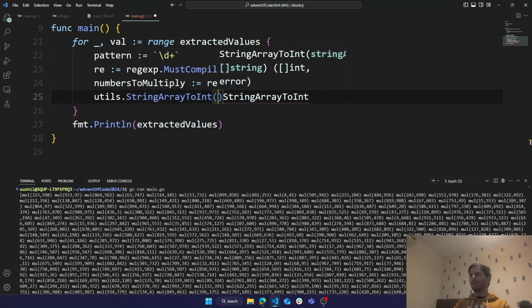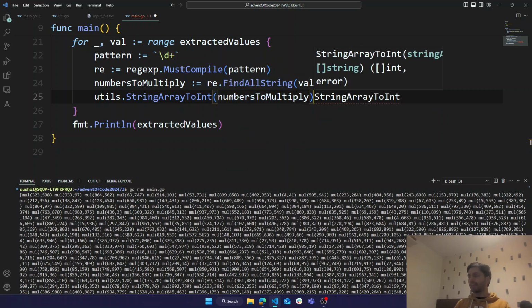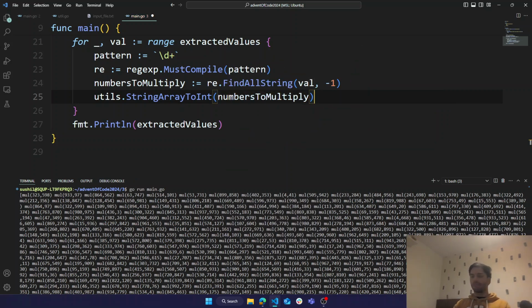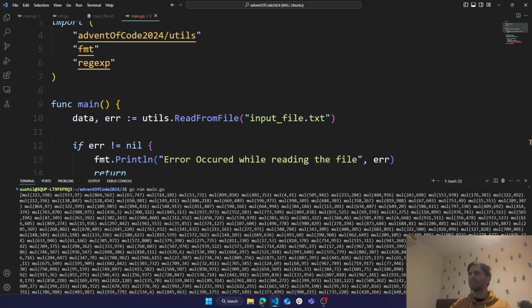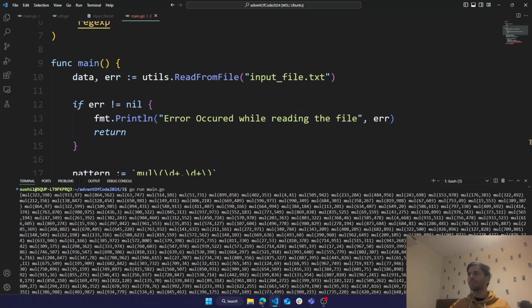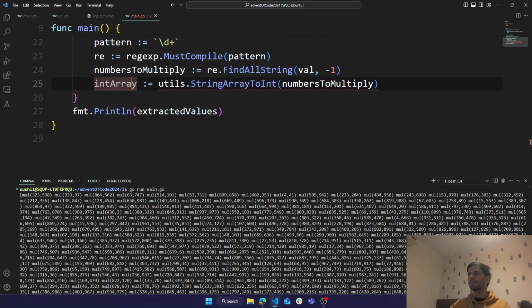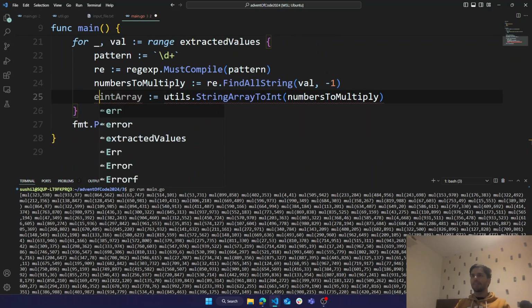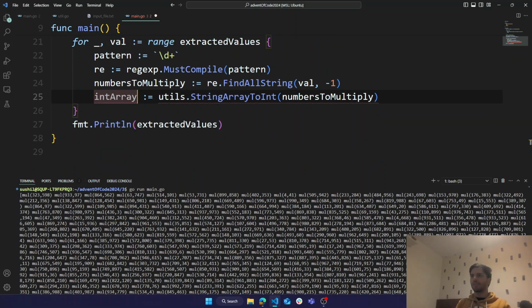And what we're going to pass is the numbers to multiply. Yeah, that one as well.